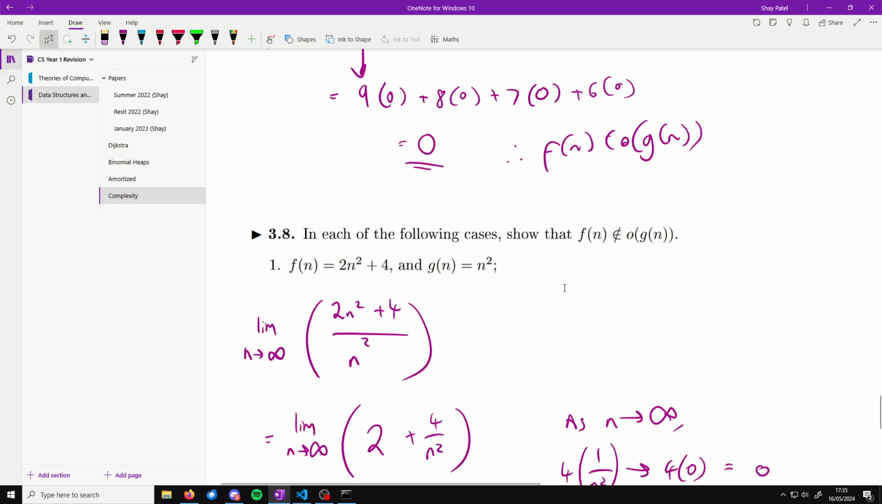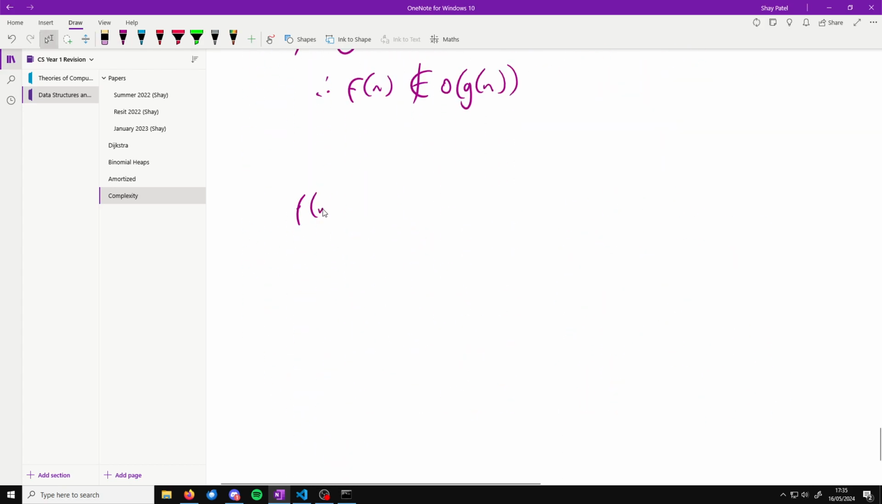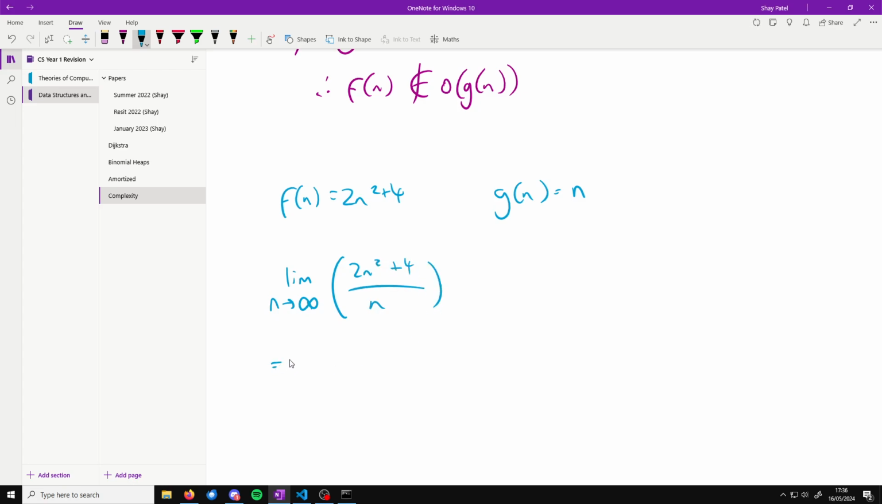Our other case is if we had something like f of n equals 2n squared plus 4, and g of n is equal to n. So if we did something like this, it could also be infinity. If we did the limit as n goes to infinity of 2n squared plus 4 over n, this would be equal to the limit as n goes to infinity of 2n over 1 plus 4,